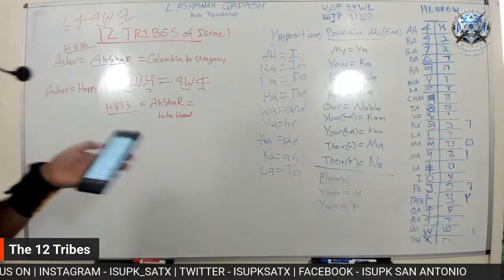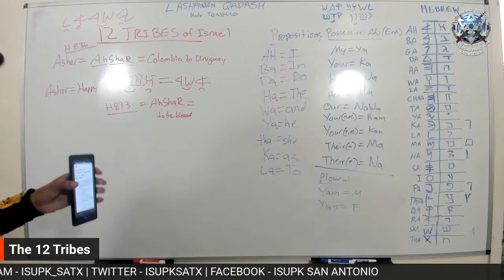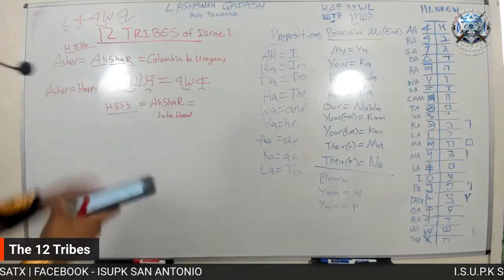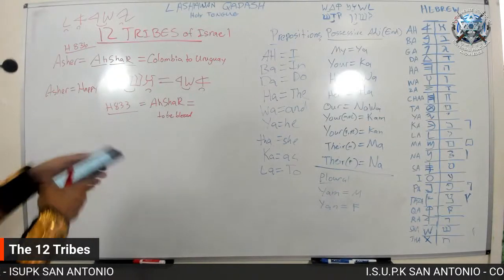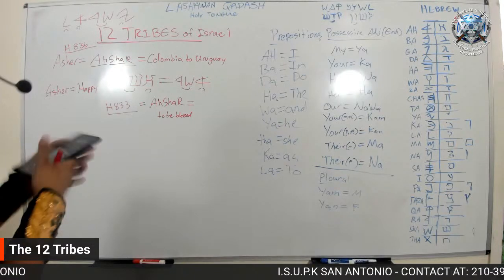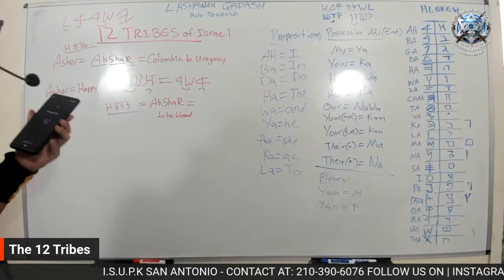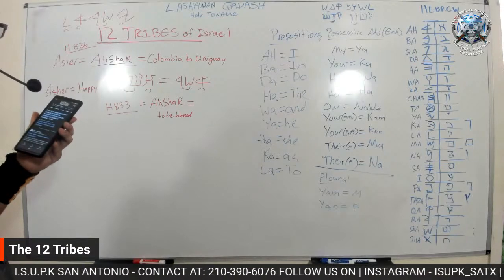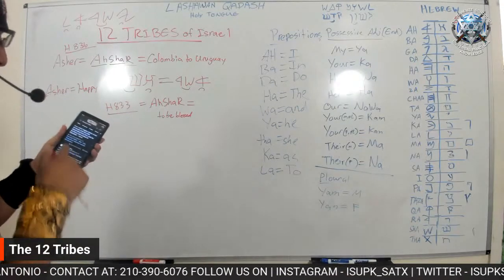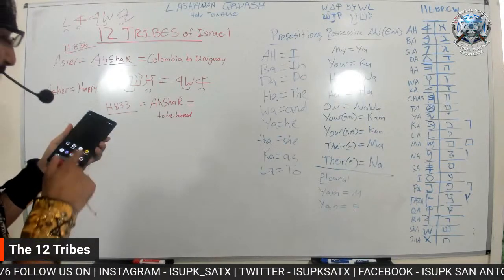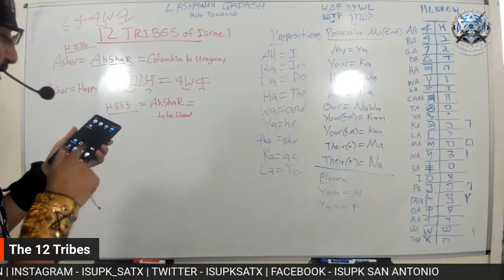This is from what's called the Strong's Concordance. Now again, you could look this up anywhere. If I go to Google and I type in Strong's H836, it'll bring the same thing up. The Blue Letter Bible app lets you see the same thing. I believe the Bible Hub app should let you also see the same thing.